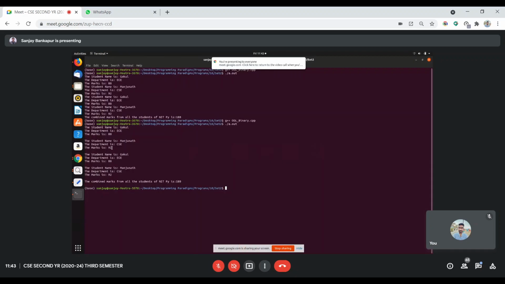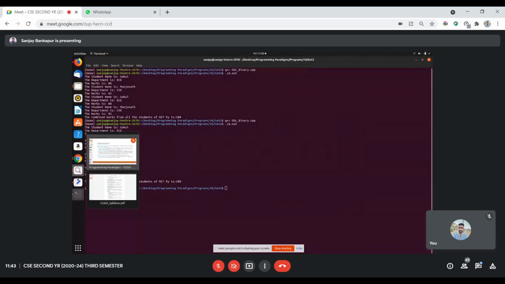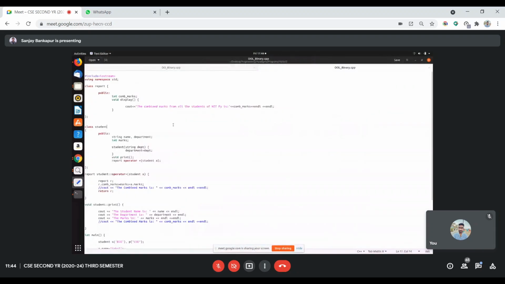So we just saw the program extending the concept of student. Initially, I had two objects of students and they got their marks through the constructor. The values are assigned, and we realized how the operator overloading function works with the first operand.